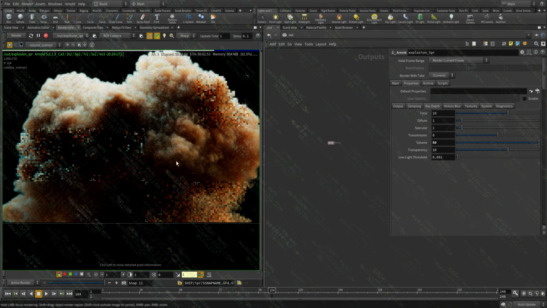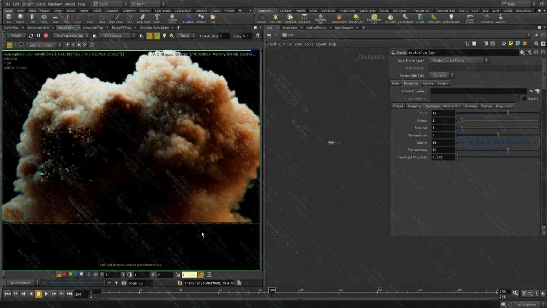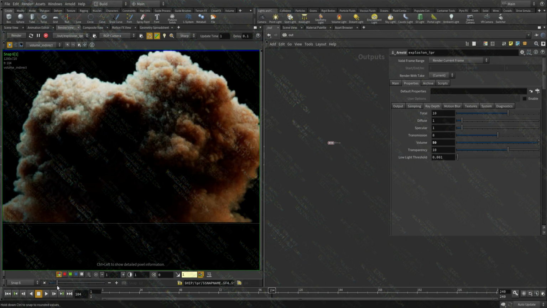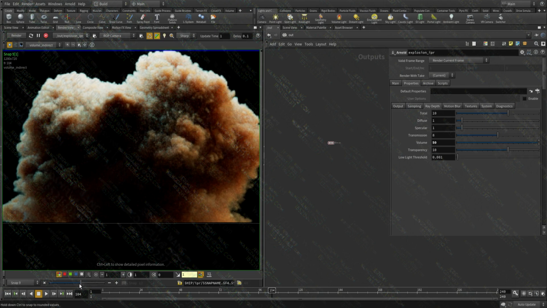So I think it's not traveling because of the density, and this would have been more apparent if we had a more transparent volume, but I think it's cool. So let's see. 0, 1, 2, 3, 5, 10, 50. After 5, the difference is not huge, and between this and this, it's not huge either. I think the main difference is between 0 and 1, obviously. After that, it's just how much you can afford, really.